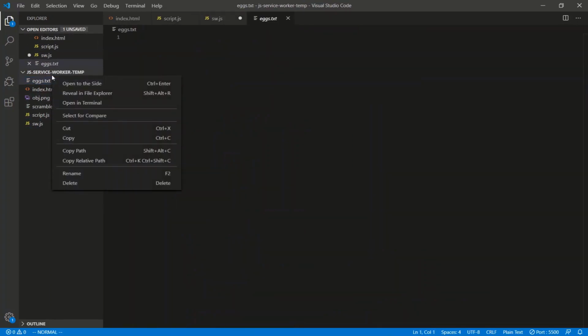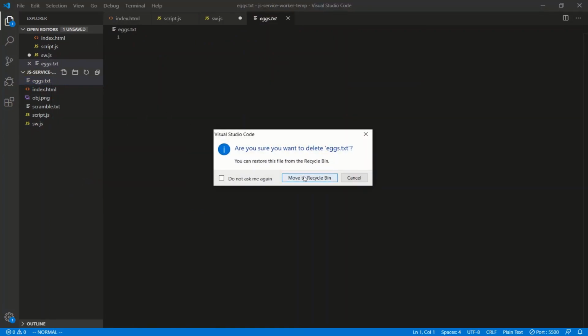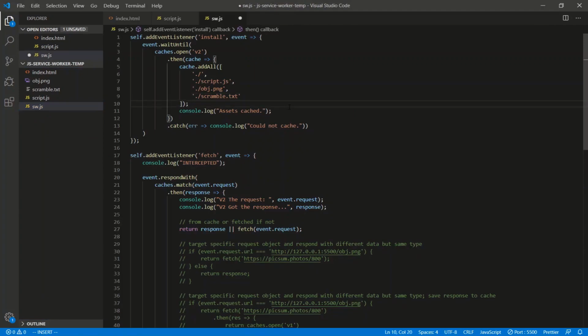Let's delete this file. All right, so this is the second version of our service worker. Nothing's changed except this. Watch. Let me just add this. In empty comments, this increases the file size. So now the file size of this sw.js increases by however many bytes. I save and we go to